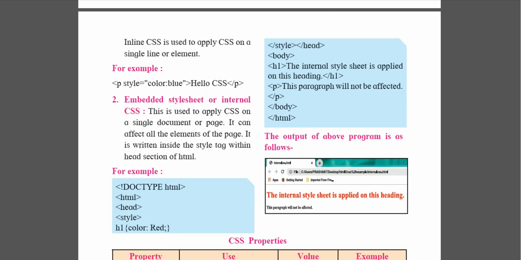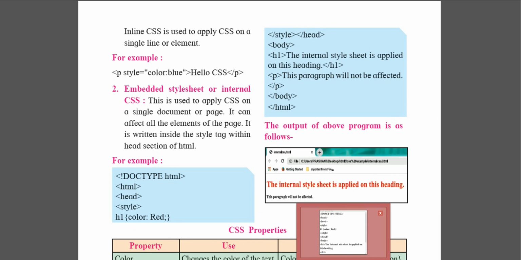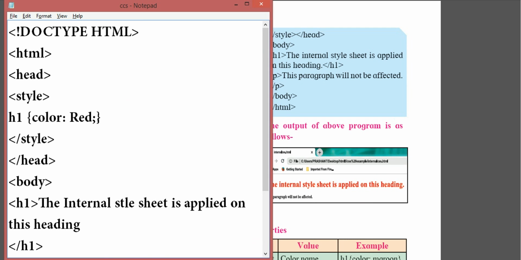So we have a practical here. We'll see how embedded and inline are used. So we'll have one practical here. Doctype HTML, head, style, H1 color colon red. As I said, in the embedded style it comes in between the head. So we write style H1. H1 is used for the heading. Then curly bracket open, color colon red,